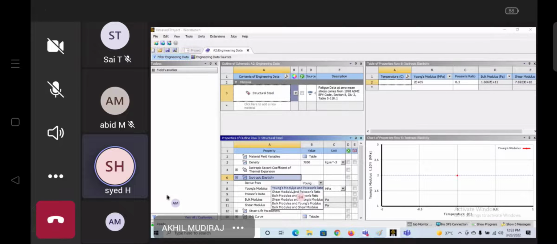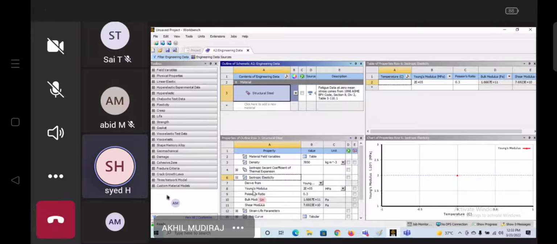See, for example, if I want to specify Young's modulus and Poisson ratio, choose this option. If you want to specify shear modulus and Poisson ratio, choose this one. If you want bulk modulus and Poisson ratio, and the remaining values you have to find, you have to choose this option. See here we have four properties: Young's modulus, Poisson's ratio, bulk modulus, shear modulus. Any two values we have to specify, the remaining two it will automatically calculate with the help of some standard